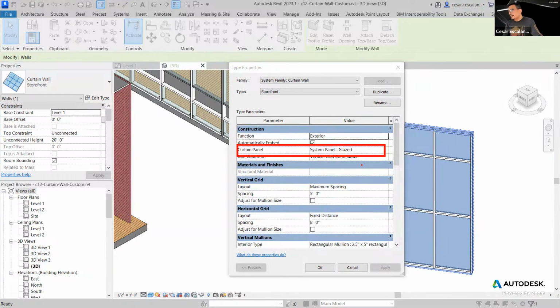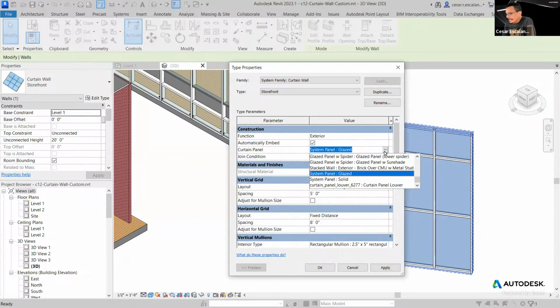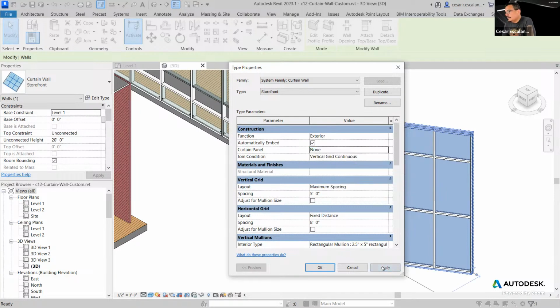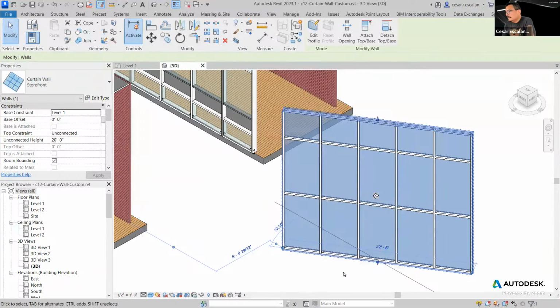So a system panel is a system family, meaning that you cannot save the system panel as an external file. But curtain panels can host system panels and component panels. So everything that says system panel here, those are families that cannot be swapped. But then you have all these other families that you can swap it by. You have this glazed panel with spiders and all these different types, different families. And so you can say none, and that is just going to display a trellis, or